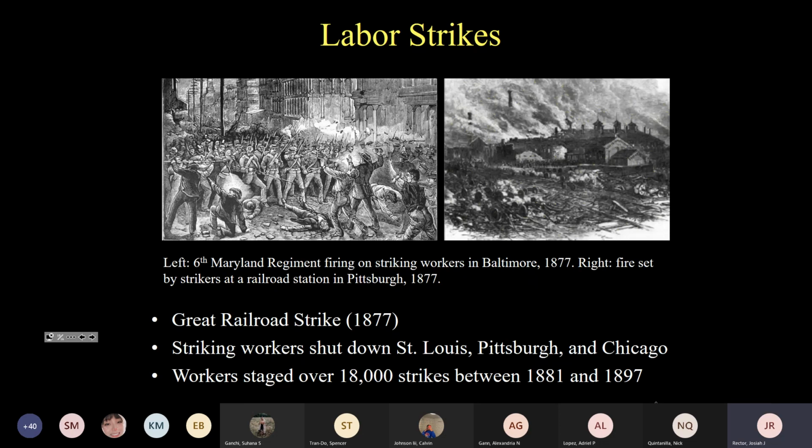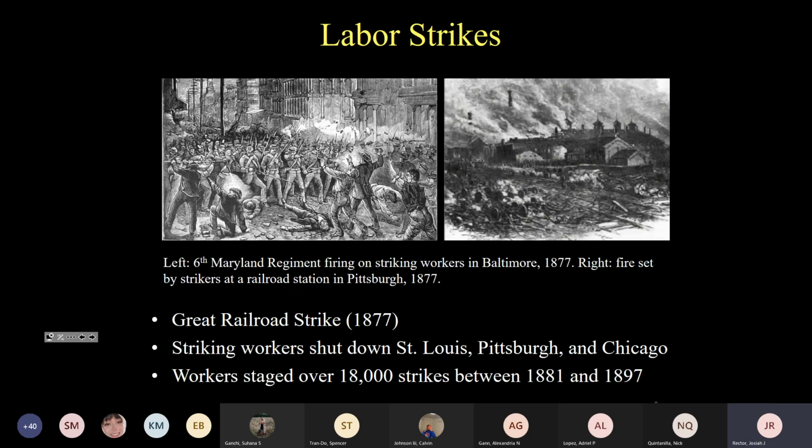So, for example, in Pittsburgh, striking workers, including many women and children, that is, workers and their families, barricaded themselves inside one railroad station, and the Pittsburgh police refused to fire on them. And so the state militia was called in to break them out, and there was a shootout in which several people were bayoneted and about 20 people were killed. Similarly, dozens of strikers were killed in Chicago, and some of them were dumped into unmarked lime pits.